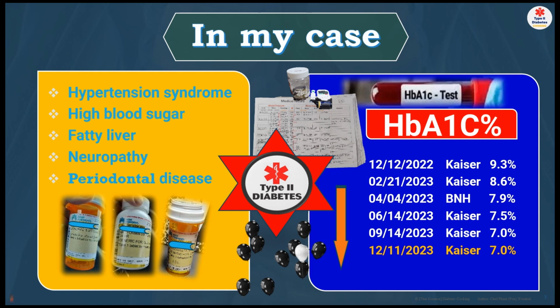Almost 6 months later it came down to just about 7.0, everything coming down. That means everything I did was right. Then I did a lot of routines and implemented a lot of things that I know. I started digging and learning how things work and what they say about diabetes. And then you've got to see next.